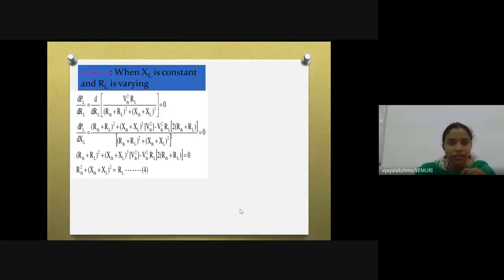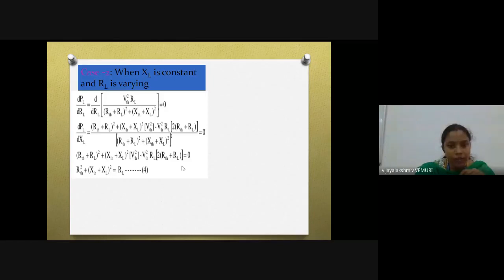Okay, so that is what we are doing now. This is our V value, the complete V, du. When differentiating U with respect to RL, this will be 1, so you are left with VTH square, minus U dV. What is your U value? VTH square into RL. dV, with respect to RL, so this part will be 0. So 2 into RTH plus RL is equal to 0. Anyhow, the denominator will be a whole square, and if it goes to that side, again it becomes 0, and you need to expand the numerator now.